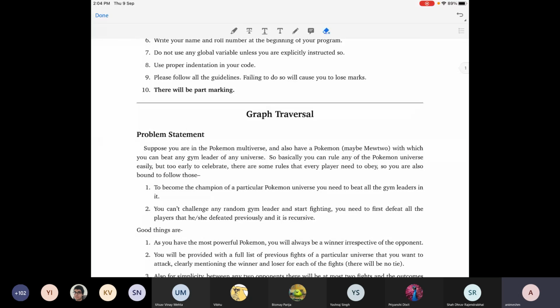Number two, I think there was a request from some of the students to show a detailed implementation of one graph algorithm, maybe in C or C++. This is what we are going to do immediately after I have released the assignment today. And once that tutorial is over, you can start doing your assignment in the lab,